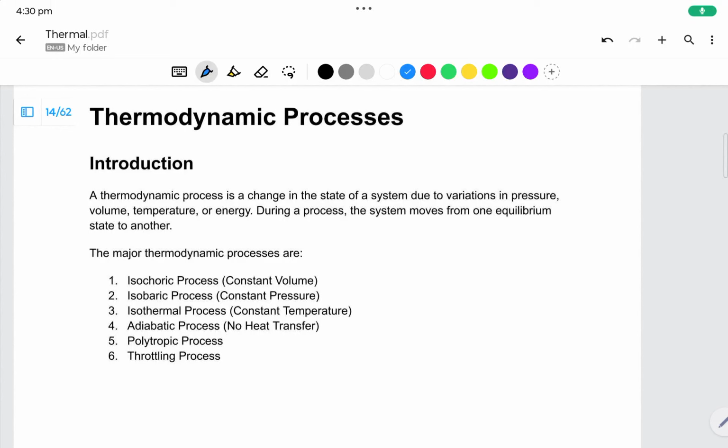Hello, welcome everyone. We're going to see the thermodynamic processes. What are the different thermodynamic processes there are? So already I've discussed the thermodynamic system in short, the gas laws, and the open system and closed system. But before proceeding, I would like to tell you that thermodynamic process is nothing but